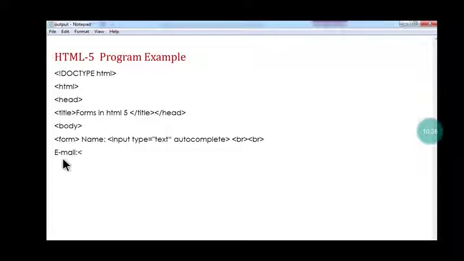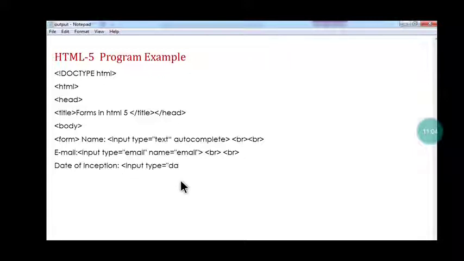The second label is email. So here input type equal email and name equal email. Then you use the br tag and then another br tag. Last session I already taught you this input type equal email. The next label is date of inception, meaning date of beginning.